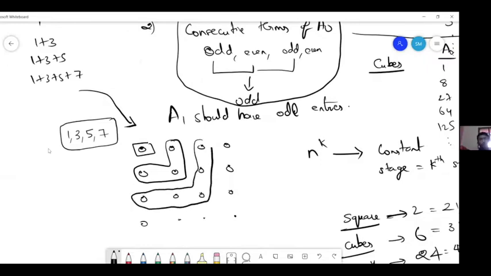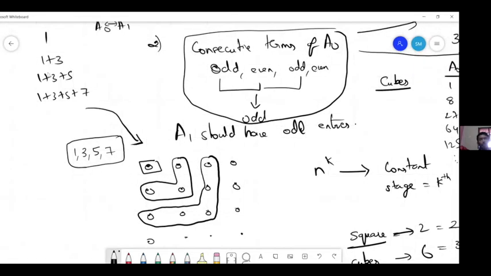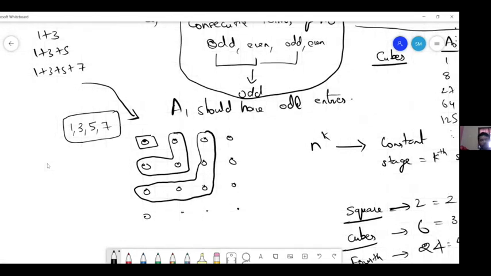Right, so for others, you'll be able to appreciate this only when you actually see this pattern. This 1 plus 3, 1 plus 3 plus 5, 1 plus 3 plus 5 plus 7, and so on. Right. So only after you see, if you have already seen it, then fine. If not, I would encourage you to go through this and also see the a0 and a1, and then come to this. Okay, fine.